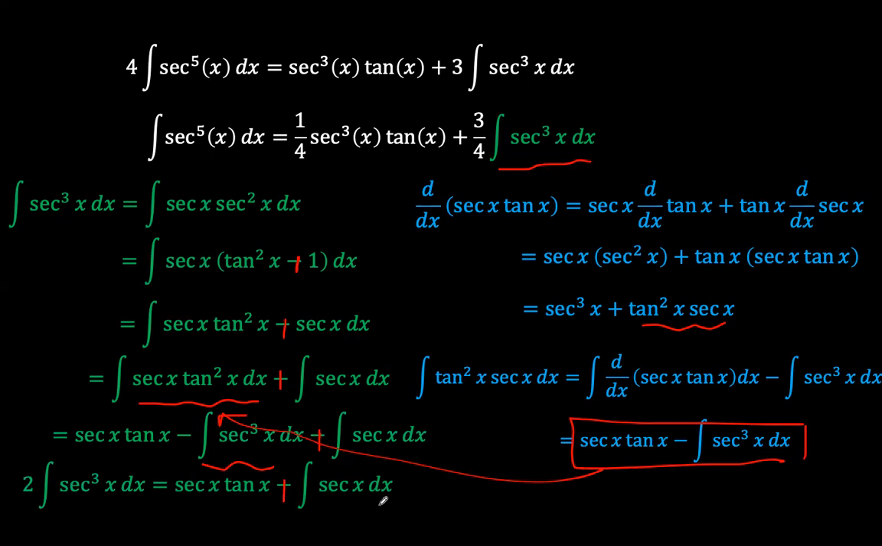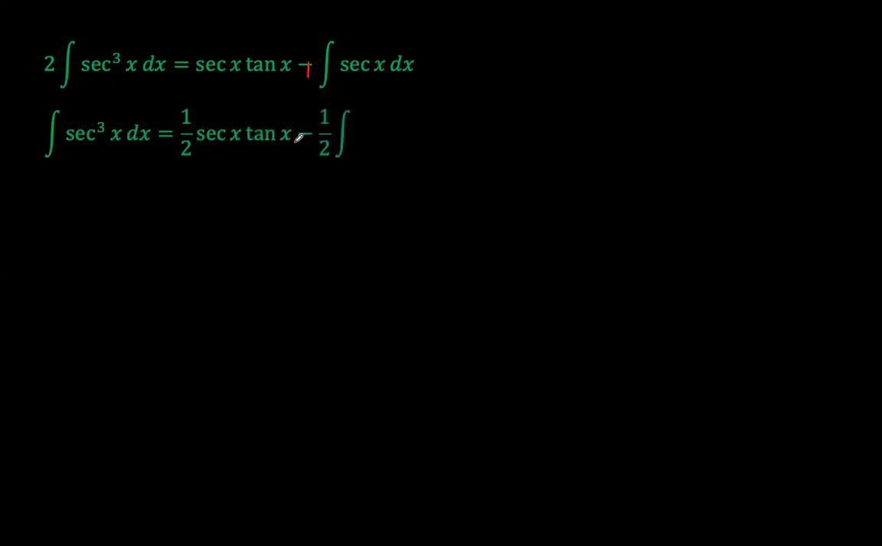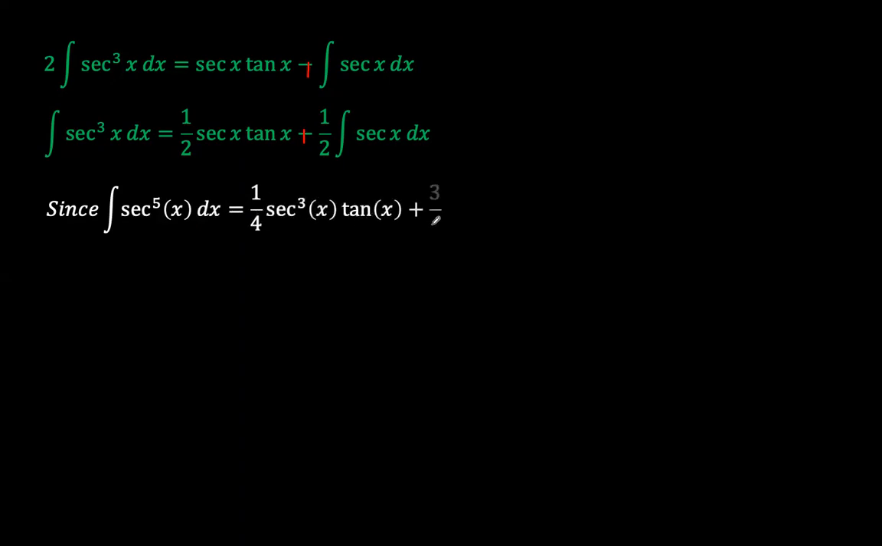Okay, so we're making progress. Now we're going to divide both sides by 2 to remove this 2 on the left-hand side. We again say this was plus. Now, the integral of sec cubed x now is the same as half sec x tan x plus a half the integral of sec x. Now, since we know that the integral of sec to the power 5 x is equal to a quarter sec cubed x tan x plus 3/4 the integral of sec cubed x, we can now plug